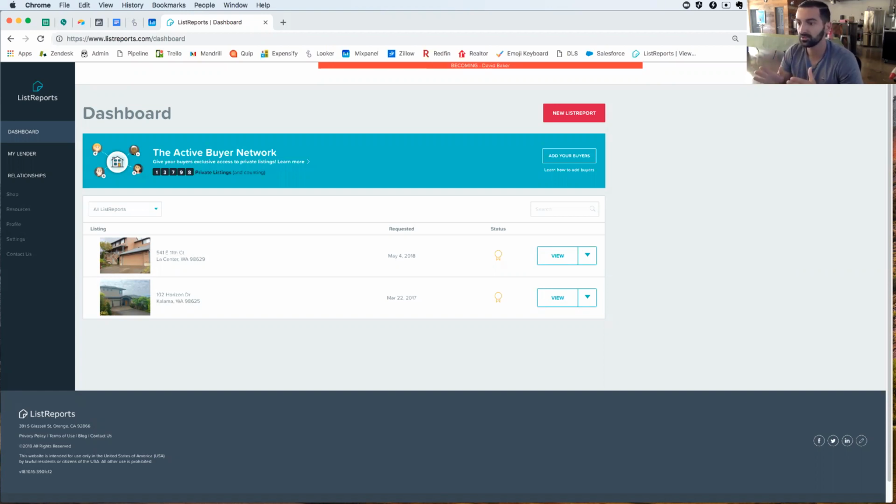If I need a list report for something that is not on the MLS, Pocket Listing, Builder, whatever that is, I can't build it because that is a premium feature that's behind the scenes that we don't offer for pro accounts. The second thing that happens behind the scenes here is that